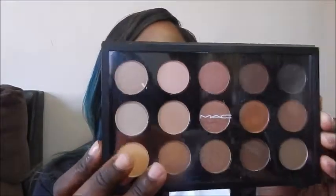First thing first is that I caved. I wasn't gonna buy this product, but you all kept talking about it, so I went and spent the $85 on it. And it's the MAC Eyeshadow Warm Neutral palette, and I'm so glad I bought this. It's a really beautiful palette,